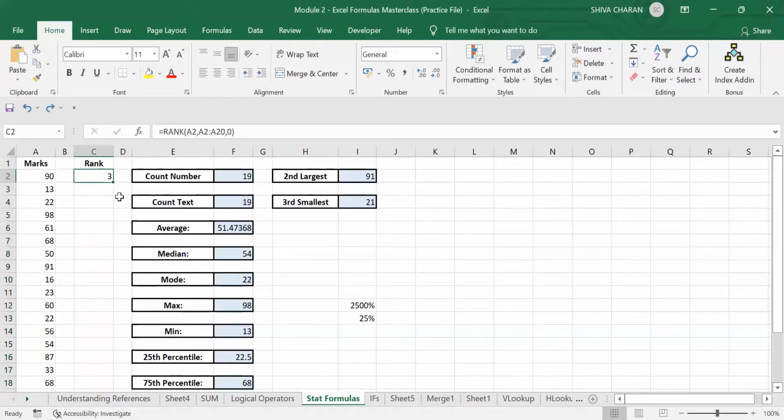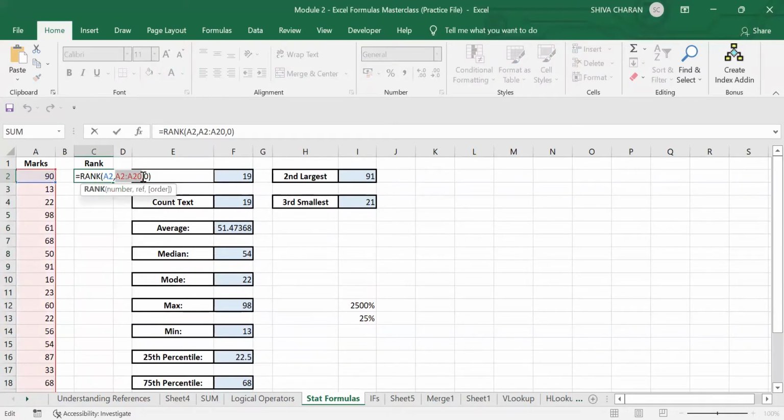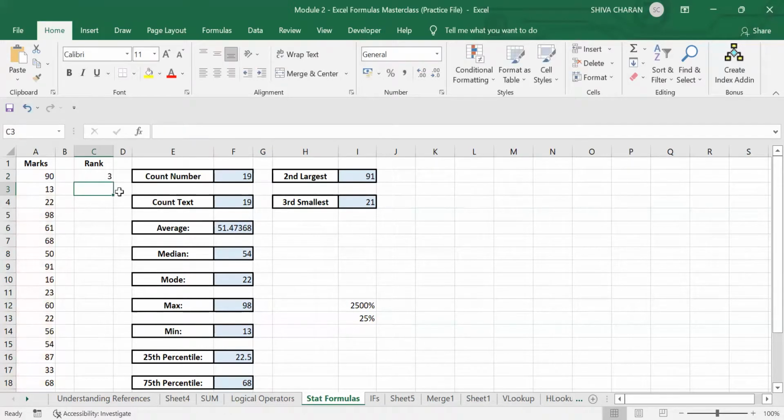In order to fix that, we need to make sure the reference of this data will remain constant throughout the entire data here, right? So to make this constant, we need to add the dollar sign here before A and before 2, and once again here also we need to add the dollar sign. So what does the dollar sign do? It will make sure the reference data here will remain constant, right? Now if I click enter, and drag it till the end,